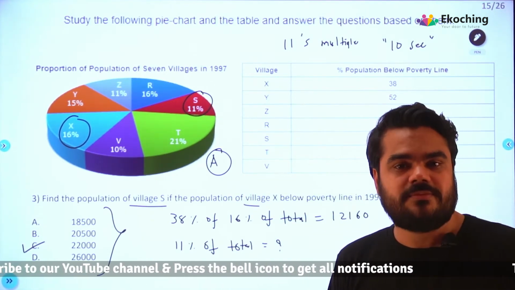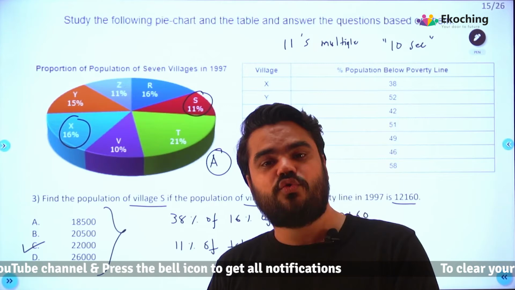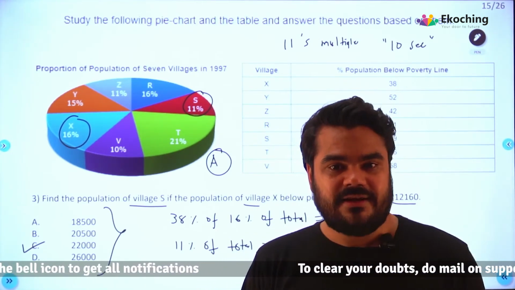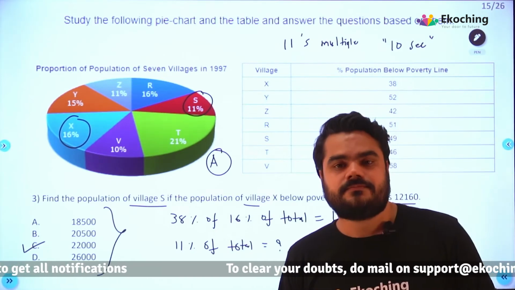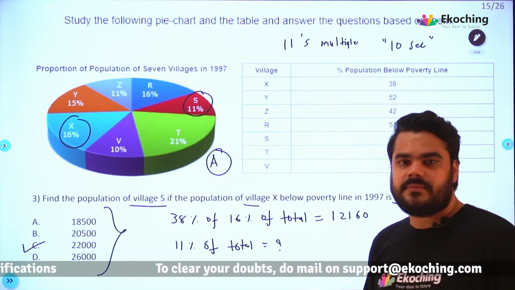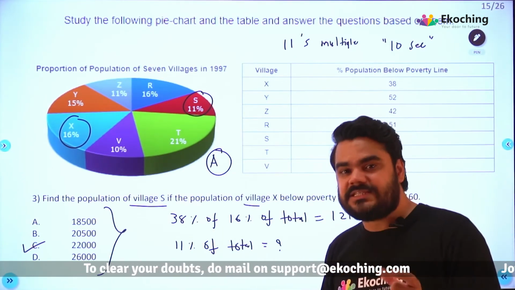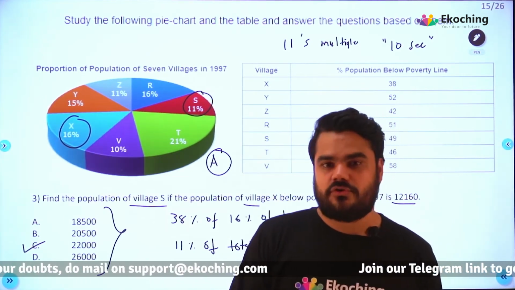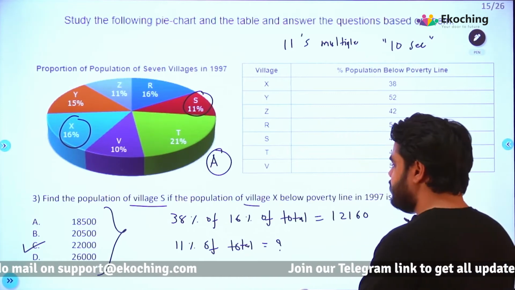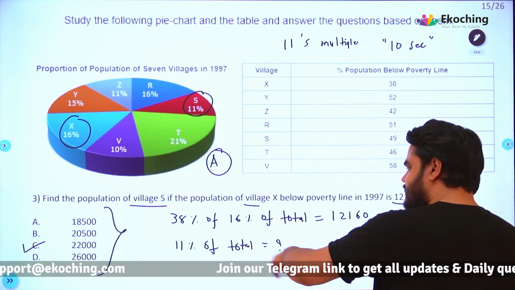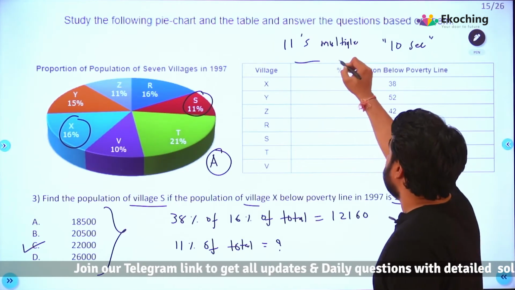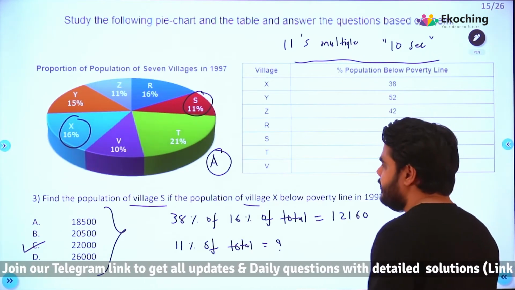11% of something has to be a multiple of 11. For example, 11% of 200 is 22, which is a multiple of 11. 11% of 300 is 33, which is again a multiple of 11. Very simple, right? So this question will test your smartness, whether you can take that smart decision or not. That was question 3. Amazing question. If you have solved it by calculating, I have no problem with that, but you should have used this multiple of 11 approach too. Let's move on.